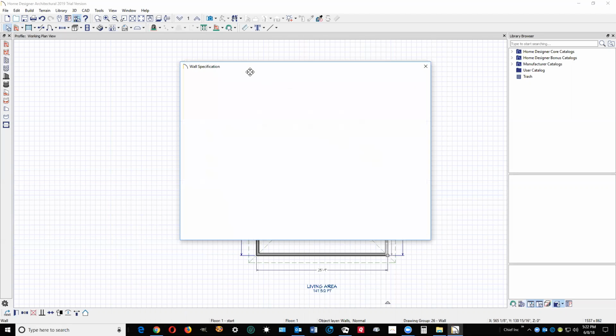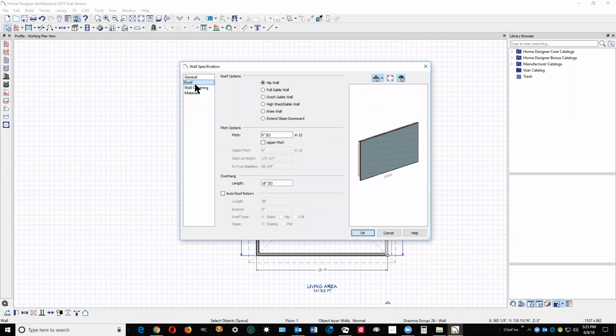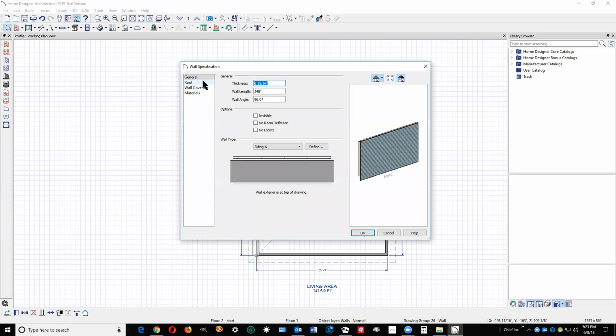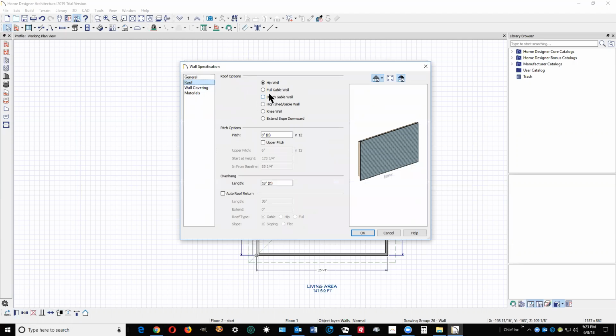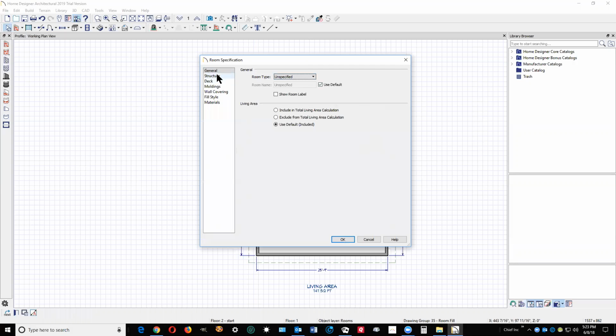I have to do it one wall at a time. I'm going to go over here to the roof tab. Wow, it's taking a long time. There we go. Go to the roof, tell it to have a full gable over that wall, and it does. And look over here to the roof, full gable. Okay. Now, inside here, I'm going to turn the ceiling off,